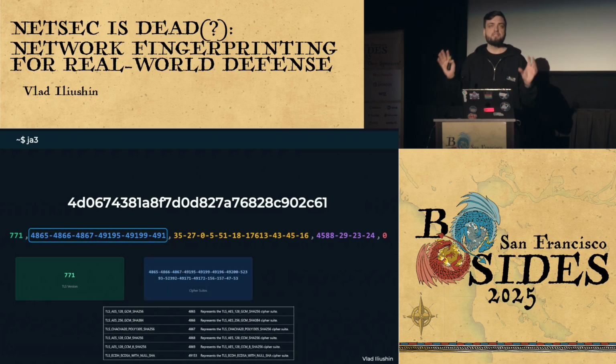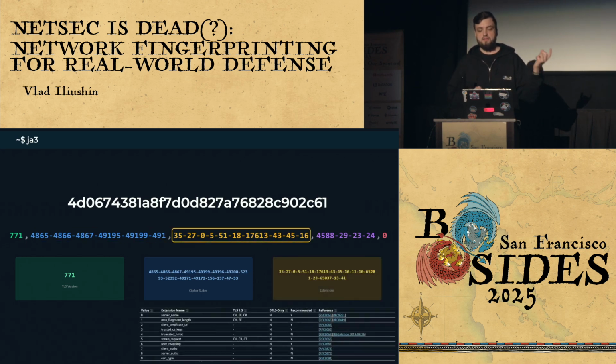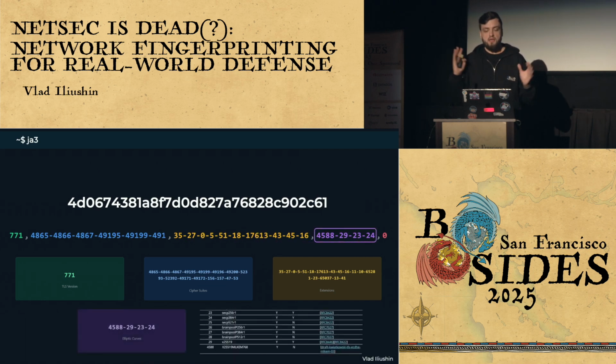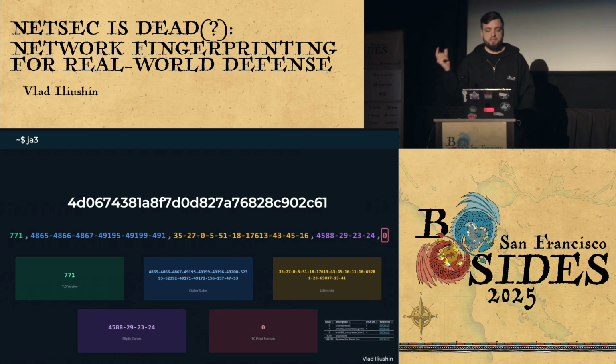Then we have cipher suites. It is just a list of cipher suites that the client is able to use. And following that, we have the list of extensions. Again, it is just the extensions that the client is able to use in the communication at the TLS level. Following that, we have elliptic curves, also a list, and finally, elliptic curve point formats.